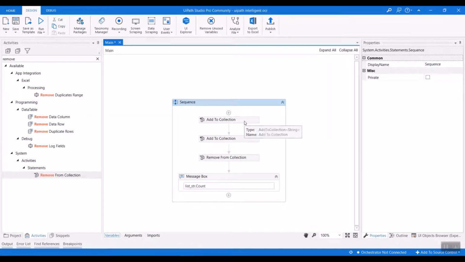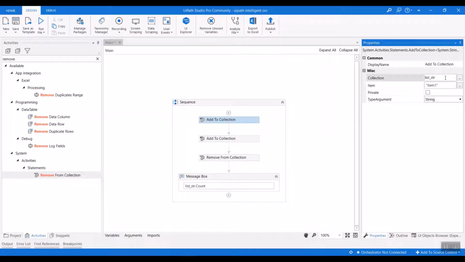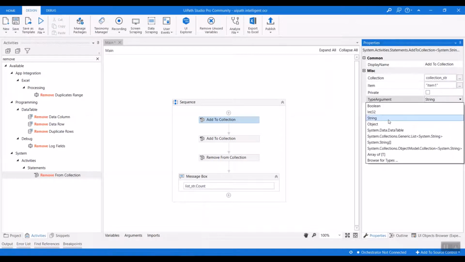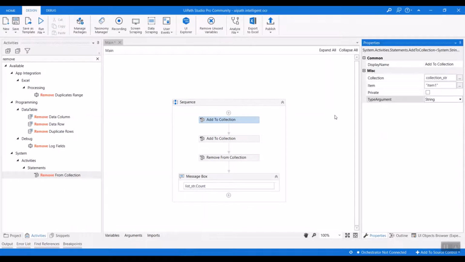Now we'll see how to add to a collection. Add to Collection is the activity, and it can be used for a list and also for a collection. So here, instead of list, we'll do it for the collection of string, item 1, and the argument type is the same, so let it be string only. And we will see the second item also.